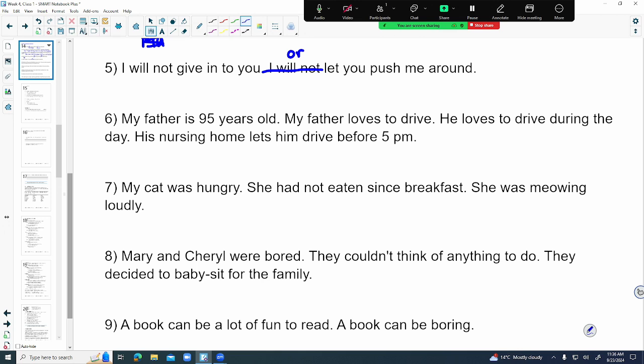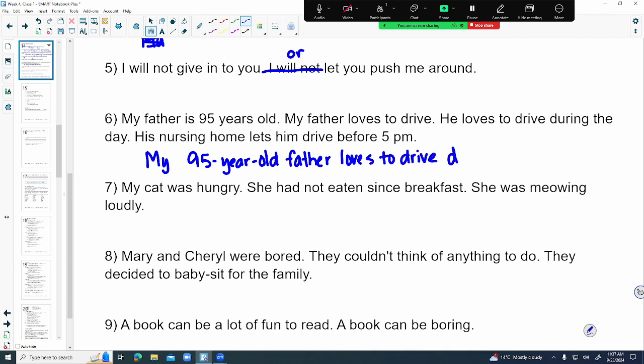My father's 95 years old. My father loves to drive. He loves to drive during the day. His nursing home lets him drive before 5 p.m. Okay, so we can join this together. There's a couple of ways of doing it. So my 95-year-old father loves to drive during